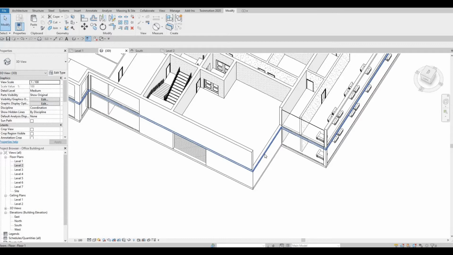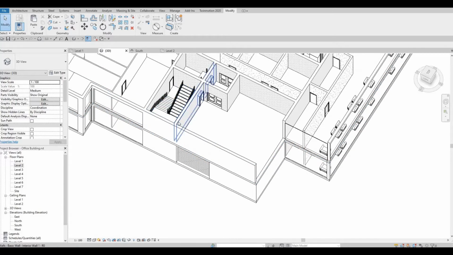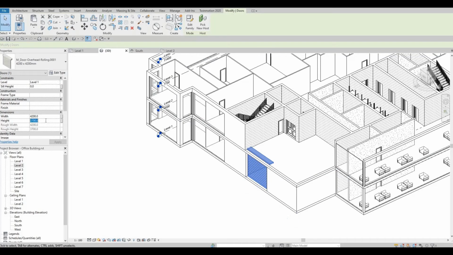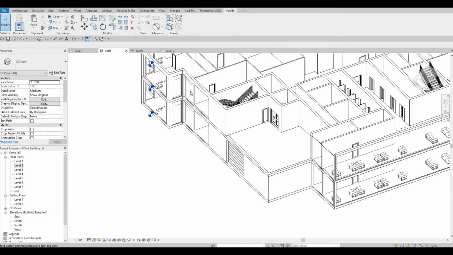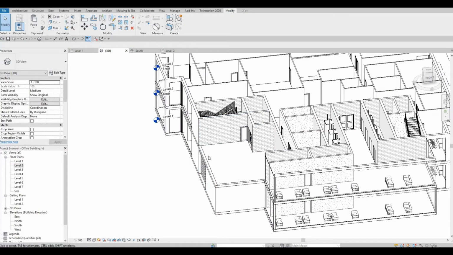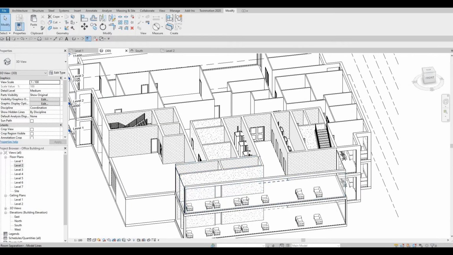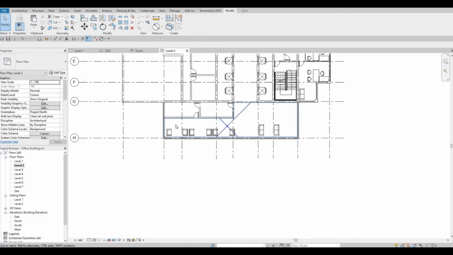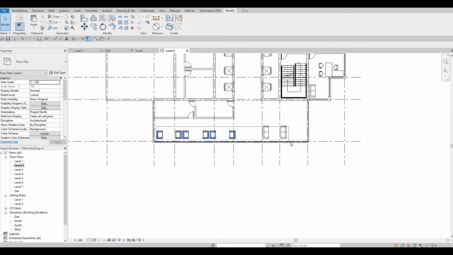We need to edit the 4 for this one, and then we need to trim this wall. We could lower this down further by putting 3500. Okay, so that it's not showing anymore at the top of the floor here. And then this area will be deleted. This lobby is only for the first floor. Okay,